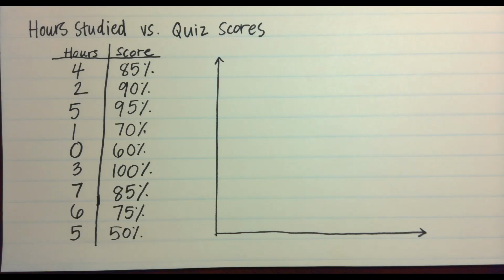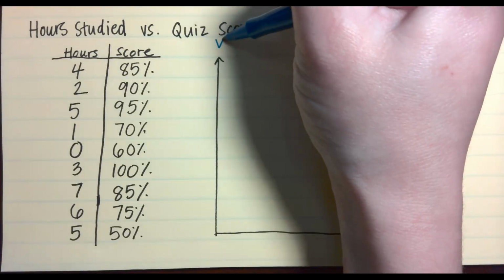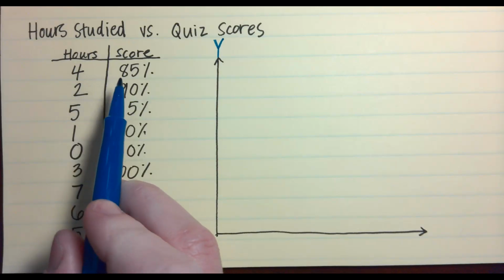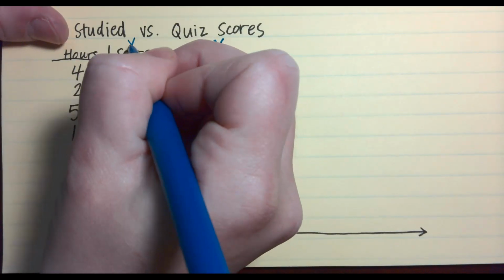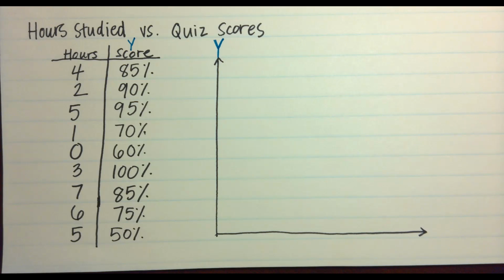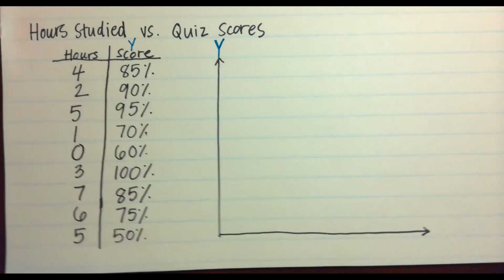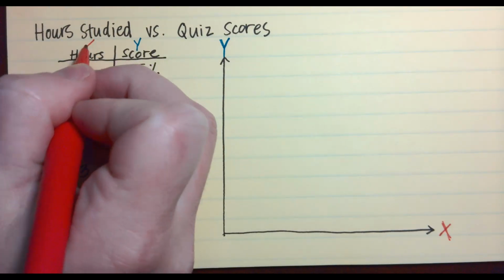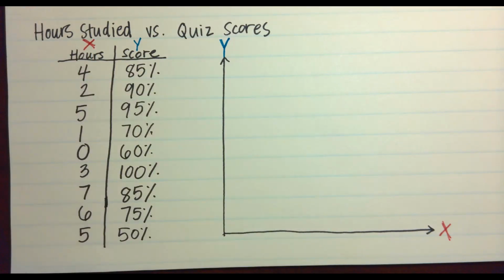So, which is my y-axis? Let's say score. Right here. And Erica, you also said the y-axis is going to be the scores. Absolutely. So I'm going to put y above score. And my x-axis is always that line on the bottom, the left to right. And that's going to be our amount of time. Usually the x-axis is a unit of time or passing moments. I think time is the best way to put it.